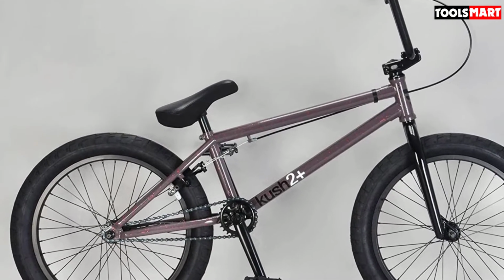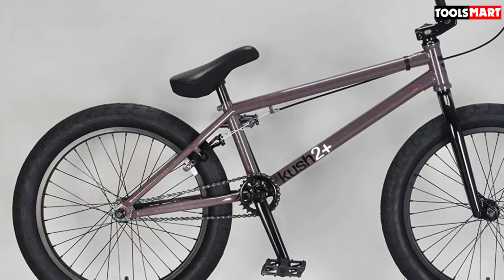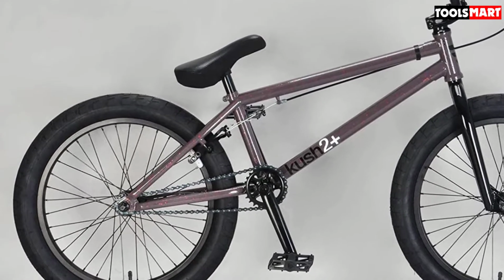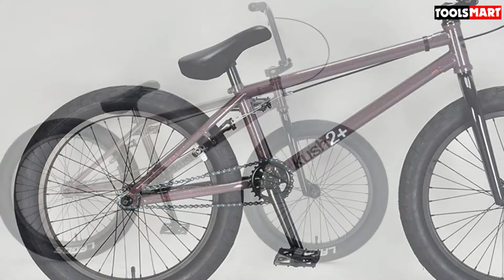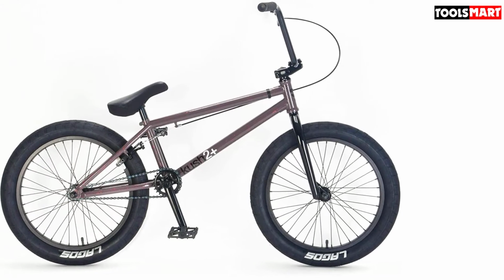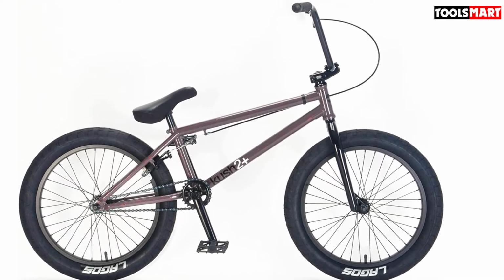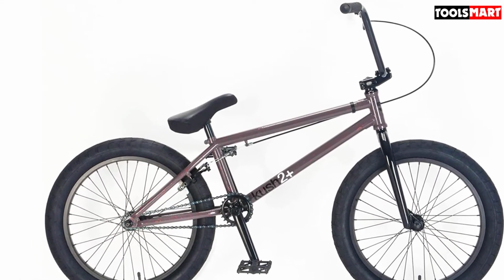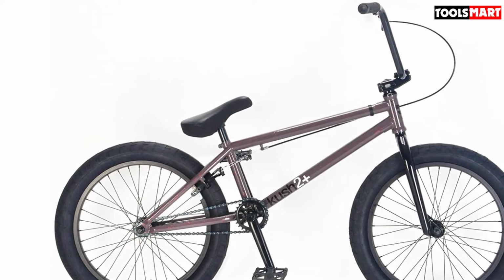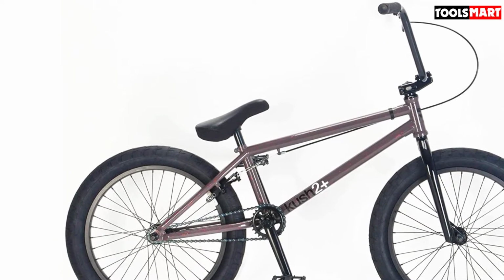The Kush 2 Plus is available in a ton of stylish colors. The bike comes with fat 2.4 Lagos Crawler tires, but you can purchase colored and patterned Lagos tires from Mafiabikes' website. The classic frame shape features a CNC machined internal headset, sealed bottom bracket, and top-load stem. Major upgrades from the Kush 2. Other pro touches are the 4130 3-piece cranks and double wall rims that can handle heavy use at the skate park. The 25T/9T gearing is pretty standard for a freestyle BMX,